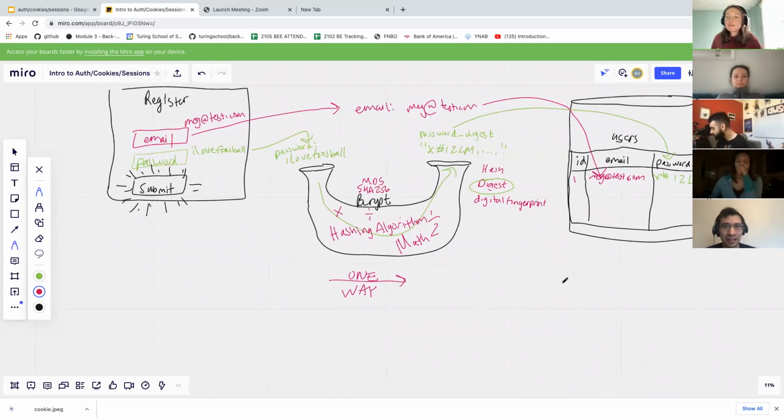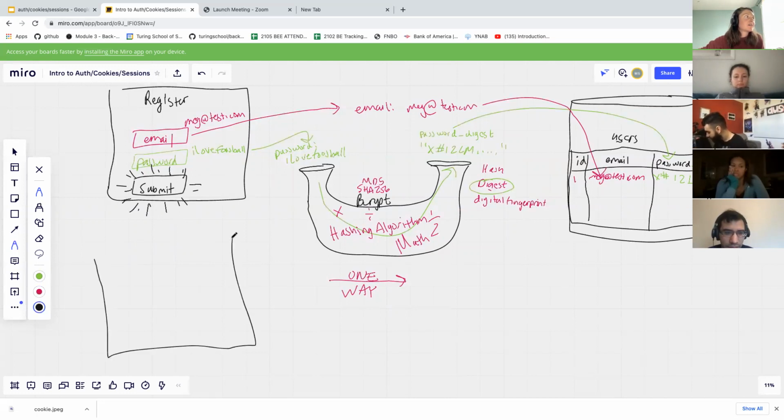I think I got you now. Yeah. So your server should never, you should never be able to unencrypt a password. That would not make it secure. So the encryption, we're leaning on Bcrypt to be able to encrypt a password, and encrypt a string is really what that password is, encrypt a string. And so let's think of this now as what you're saying, Andrew. Let's think of it from the login perspective. When we log in,